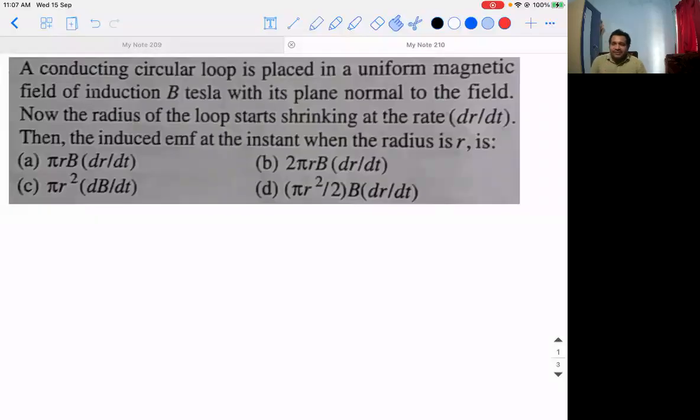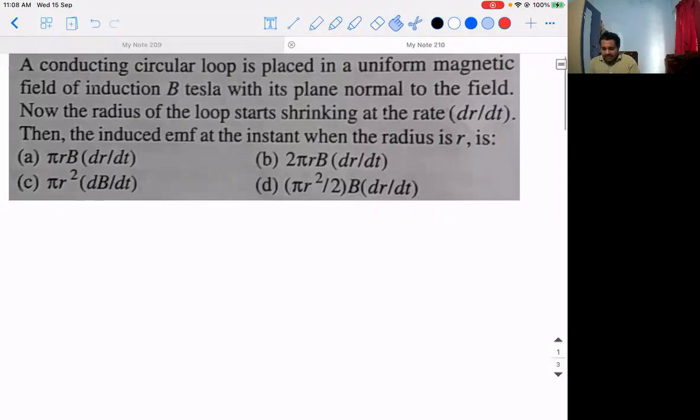Good morning, friends. So today I would like to discuss an objective type question from electromagnetic induction. That is a topic from grade 12 CBSE physics. So in this question, a conducting circular loop